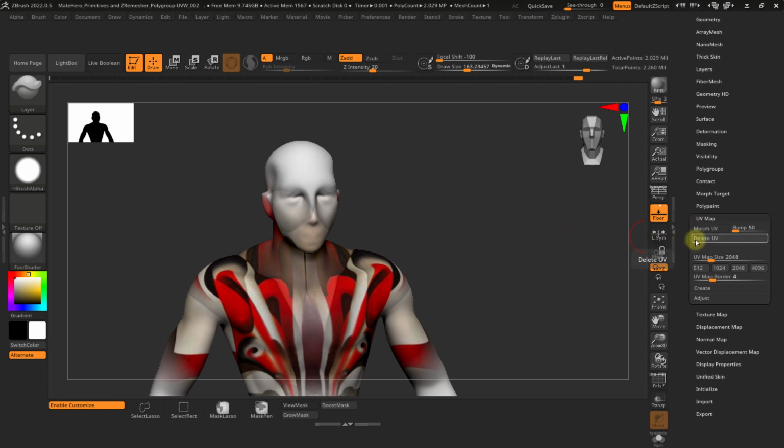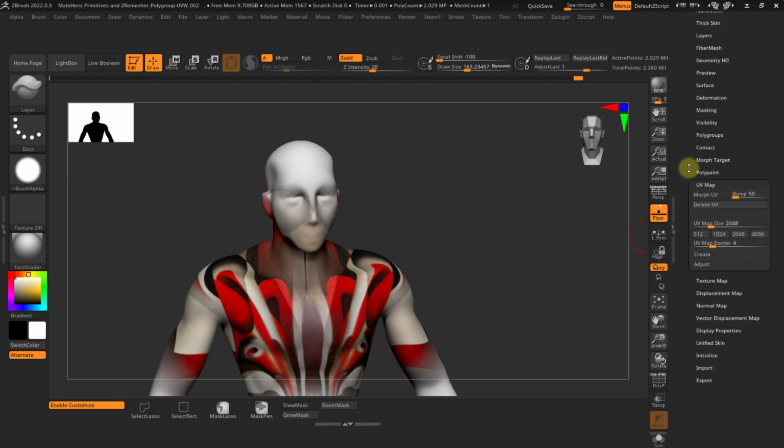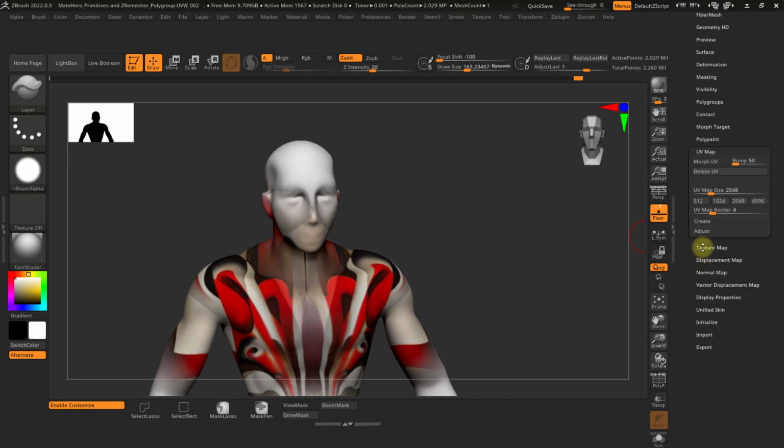So right now we have a UV created. Of course, we don't want to delete. The default is 2K. You can go higher, and you can even go with 8K, but you have to type in manually. So 2K is absolutely fine for now, and we don't want to delete or change anything like that. So texture map,